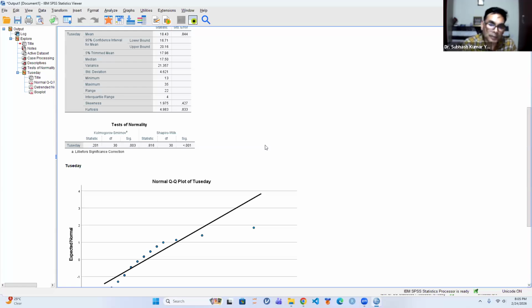So if it is less than 0.05, it means it is lying on the critical region. So the null hypothesis will be rejected. और नल हाइपोथेसिस यहाँ होती है कि डेटा नॉर्मल है, तो वो रिजेक्ट हो गई, तो इसका मतलब नॉन नॉर्मल हो गया। जब नॉन नॉर्मल हो गया तो नॉन-पैरामीट्रिक टेस्ट अप्लाई करना है।